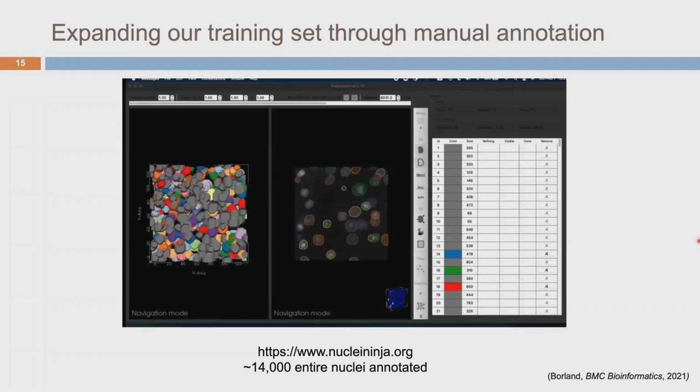So we have in the lab 15 undergraduates who are now doing this annotation using a tool that's been developed by a visualization engineer, David Borland, who's our collaborator. The goal here is to trace tens of thousands of nuclei in order to have an even better algorithm. We are importantly tracing the entirety of the nucleus here rather than just doing one dot per nucleus. And this will enable us to do instance segmentation, so we have the full shape of each nucleus rather than just counting nuclei. The tool we developed is called Segmentor, and we call our nuclei labelers nuclei ninjas, with